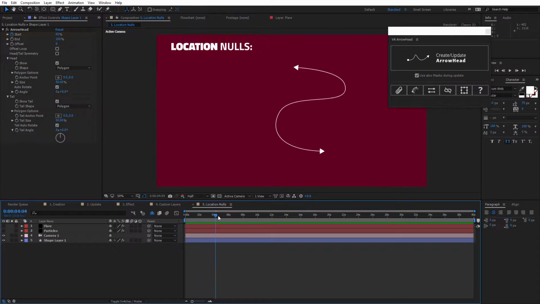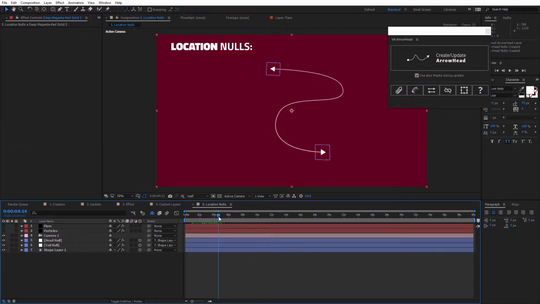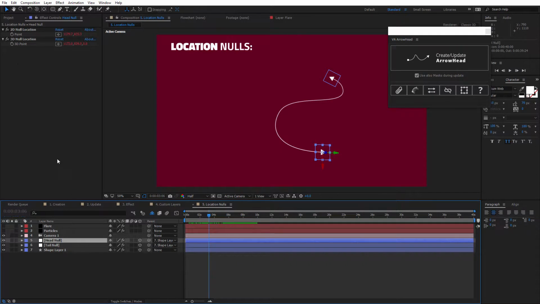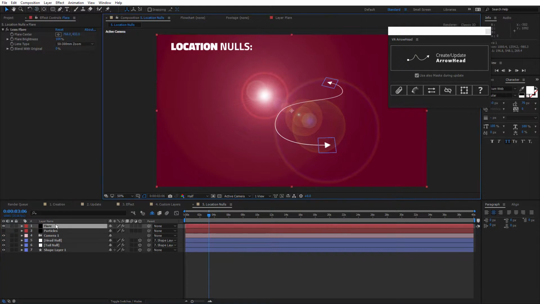Okay, so now let's talk about the location nulls. The location nulls are actually nulls that you can attach to the layer, and if you have animation or if you don't, they will be controlled by them. But what's so special about them is that they have 2 points, a 2D null location and a 3D null location, which means that if you want to attach, let's say, a 2D effect, which here we have the lens flare, the basic one of After Effects, you can actually go